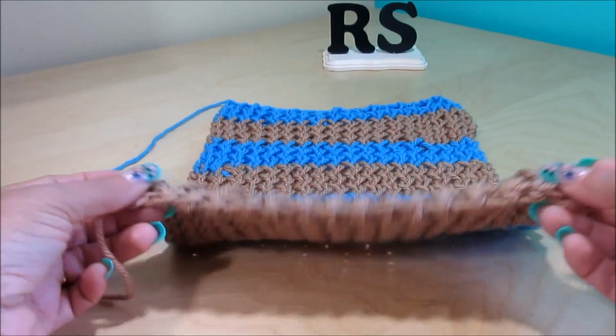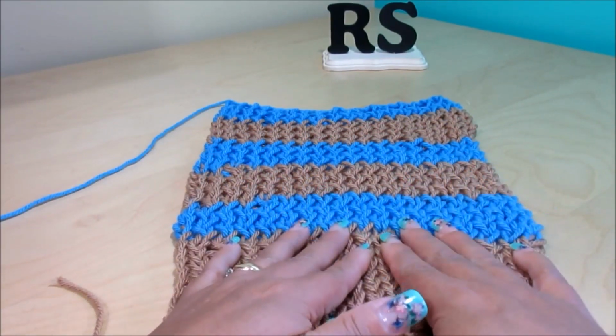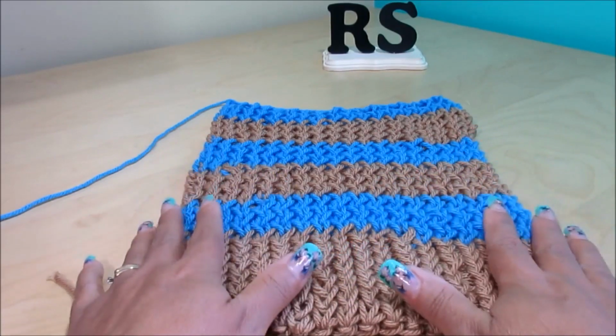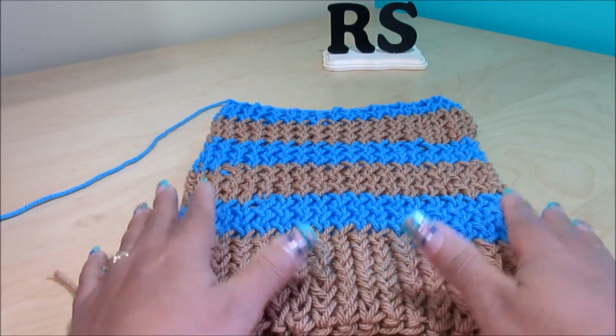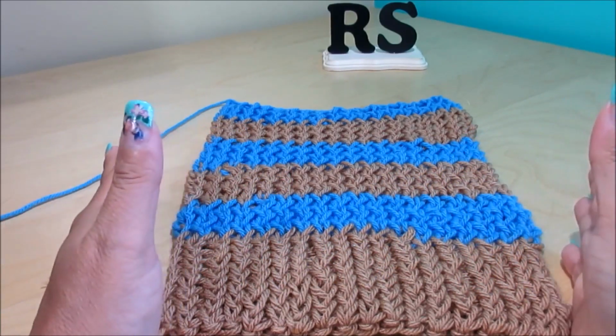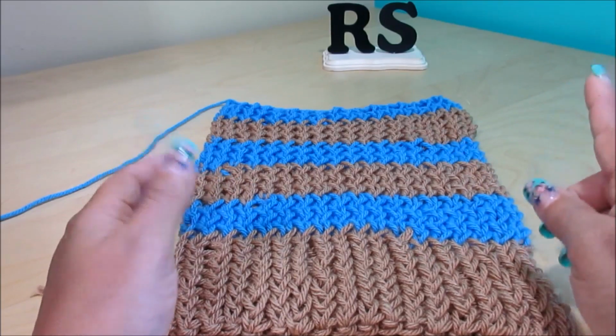With this, always come back to place. Okay, so now you have to do another part exactly like this one. Well, not exactly as this one if you don't want to. I'm referring to the colors. If you're afraid that the stripes won't be exactly the same for the other piece, you can do just one color in the back,